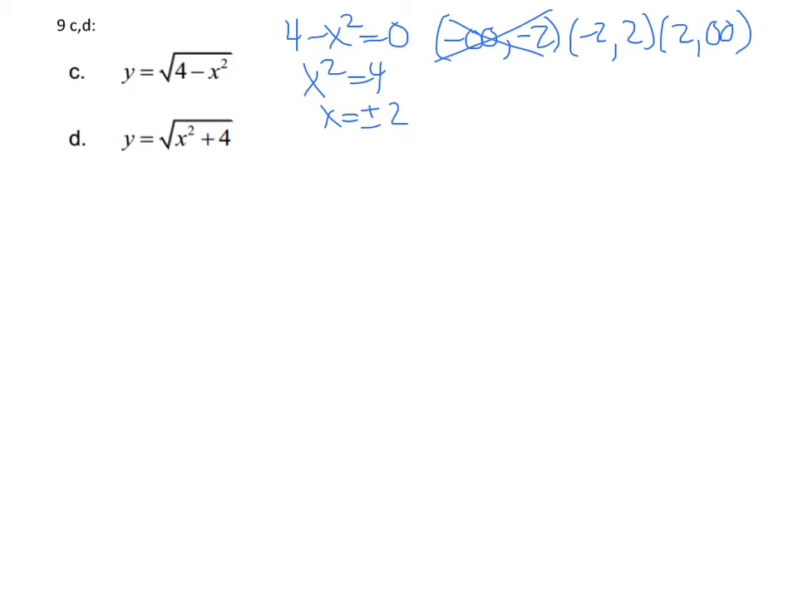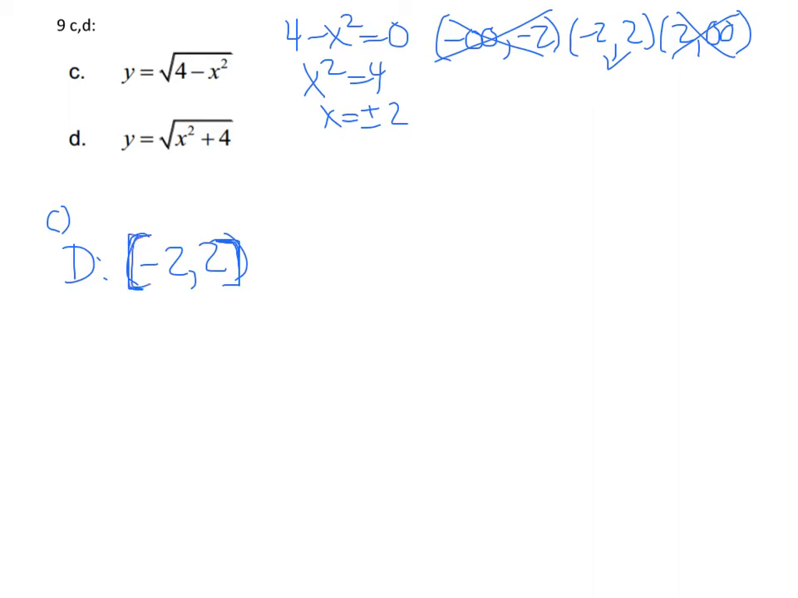If you take a number like 0 and plug it in, 4 minus 0 squared is 4. Take the square root of 4, it's 2. This interval is in the domain. If you take a number like 4, 4 minus 4 squared is 4 minus 16, which is negative 12. Can't take the square root of negative 12. So the domain for letter C is going to be negative 2 to 2, inclusive, because it can equal 0. Now to get the range for that,